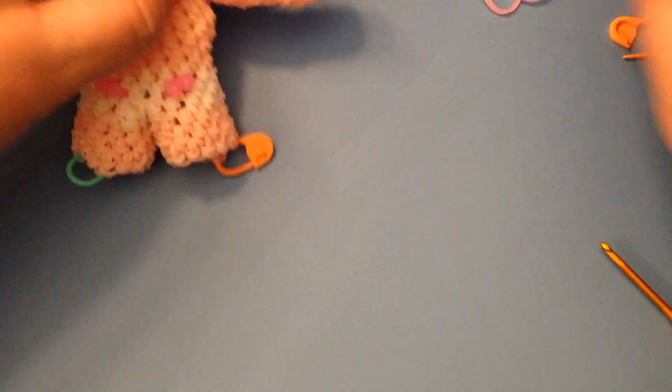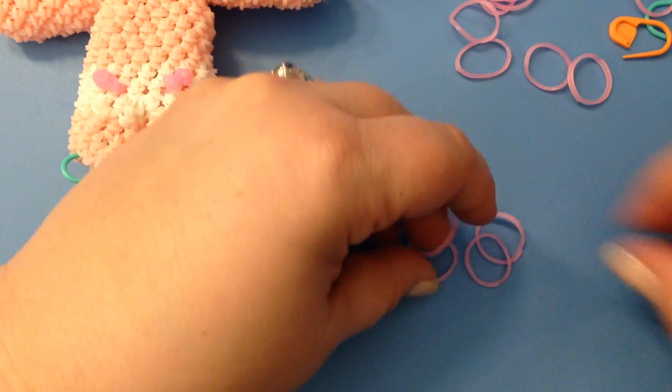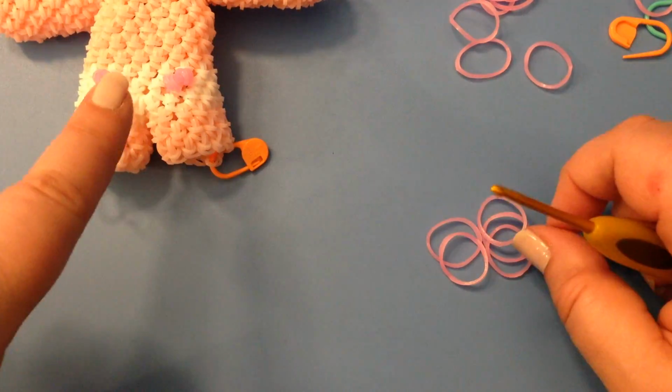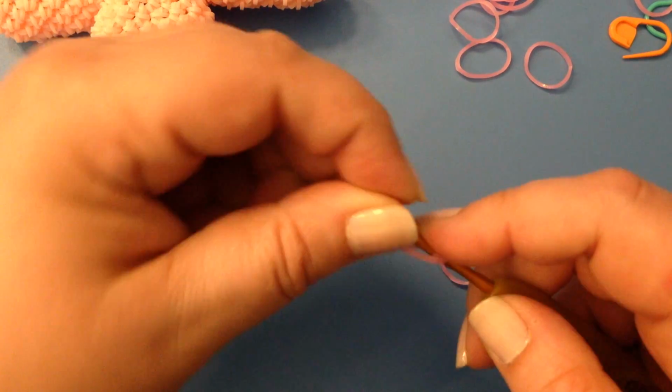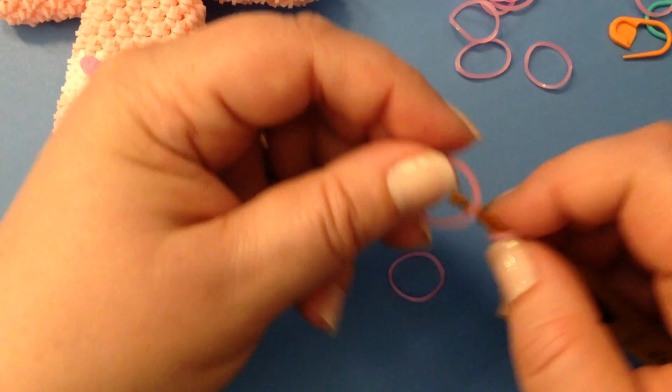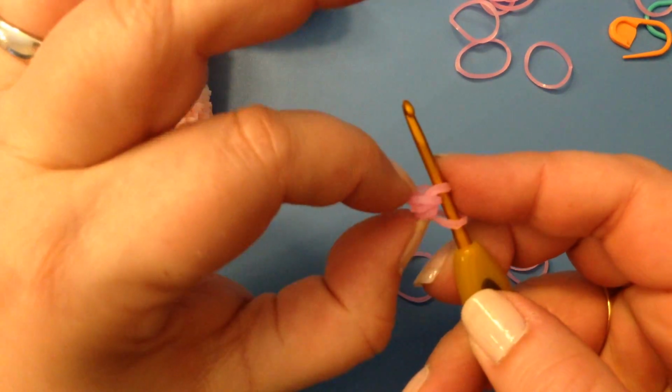Now, if you want to do a pacifier, a dummy as we call it in England and Australia, I did a little tiny magic ring. So use your hook, wrap it once and twice, and it's a little magic ring that you're going to make. So put your slip knot on, pinch your